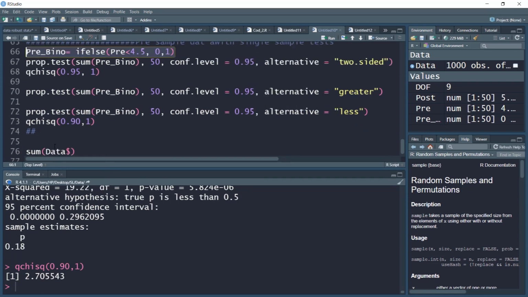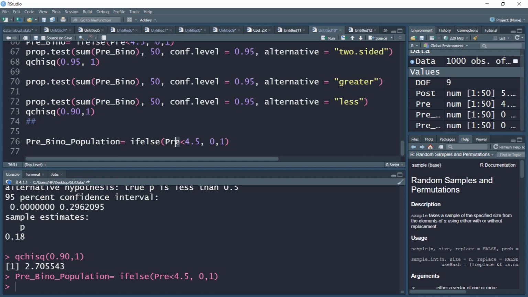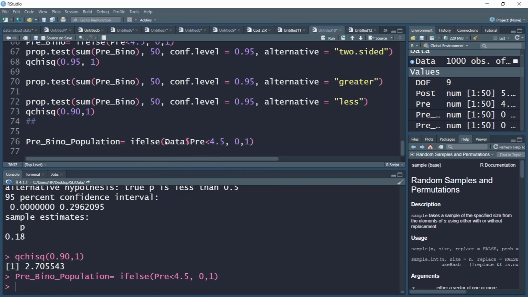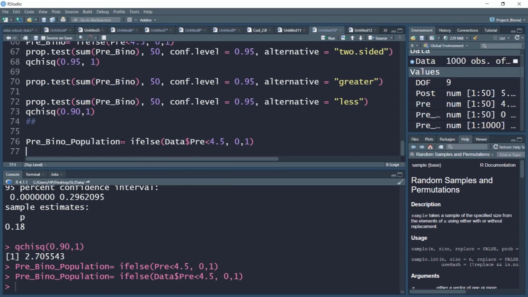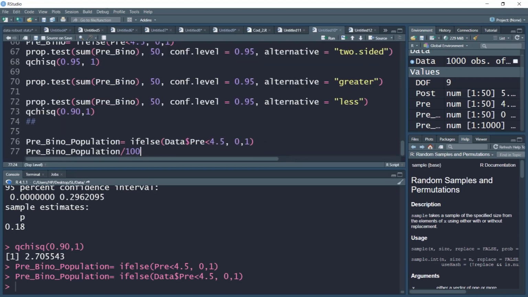For population, we can create a new variable, pre-bino population. We can assign a score of 0 if it is less than 4.5, and a score of 1 if it is more than 4.5, and we have this population with a score of 0 and 1. Now what we can do is divide this pre-bino population by the length of sample, which is 1000,